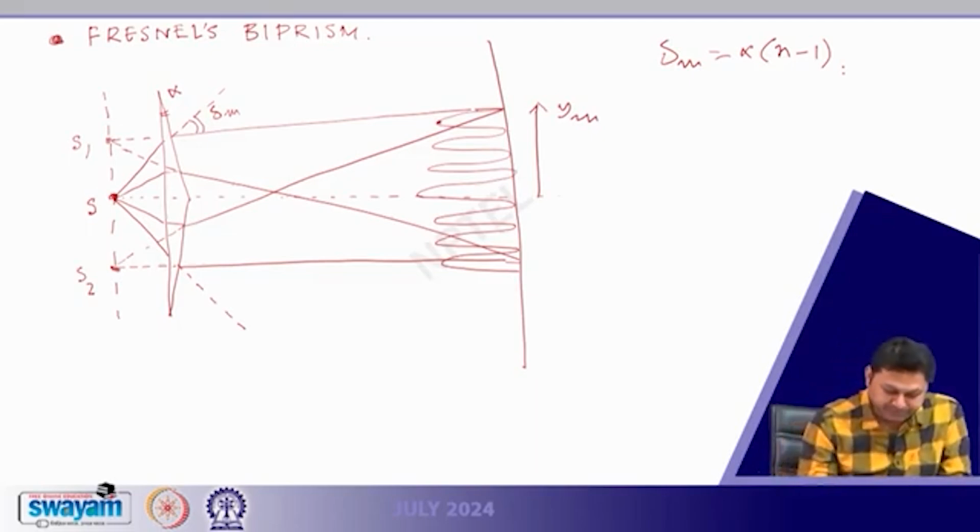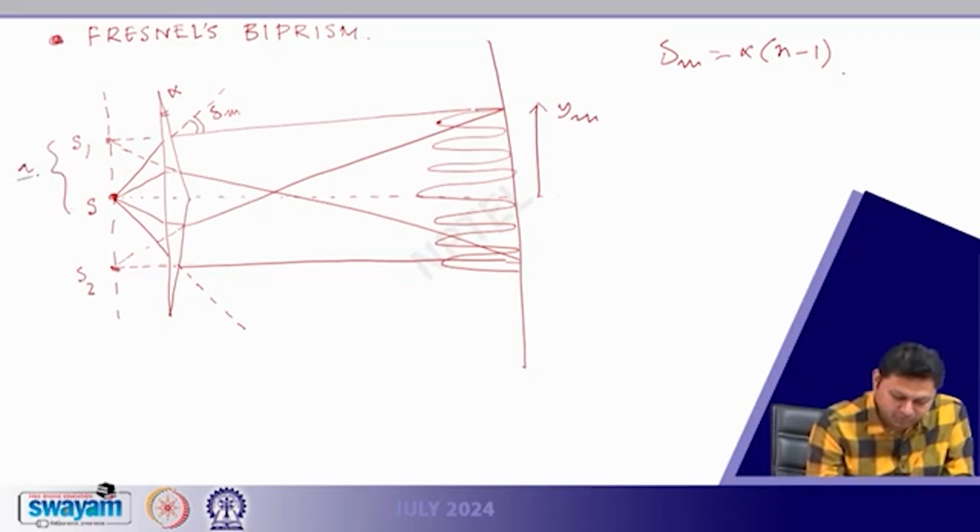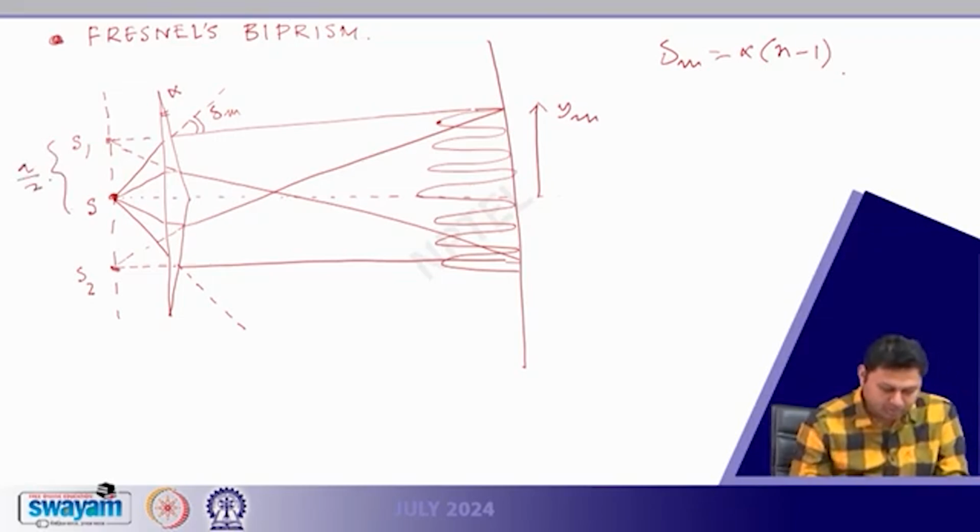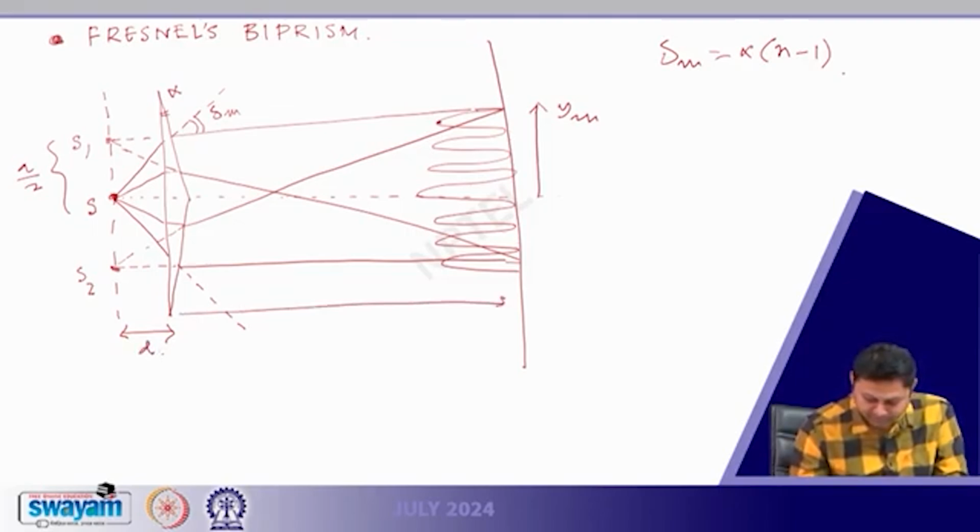And if this is a by 2, and the separation from the prism to this virtual source is d, and this separation is small d, then